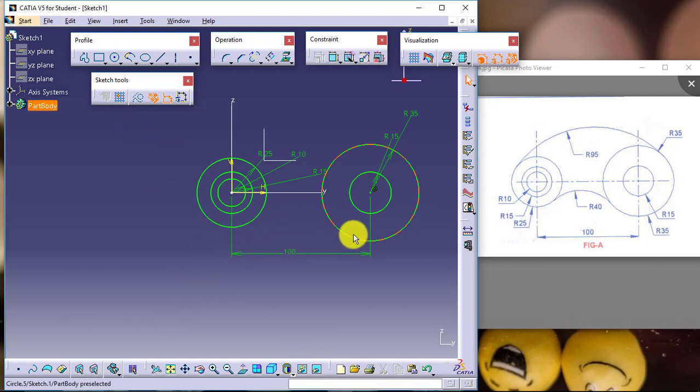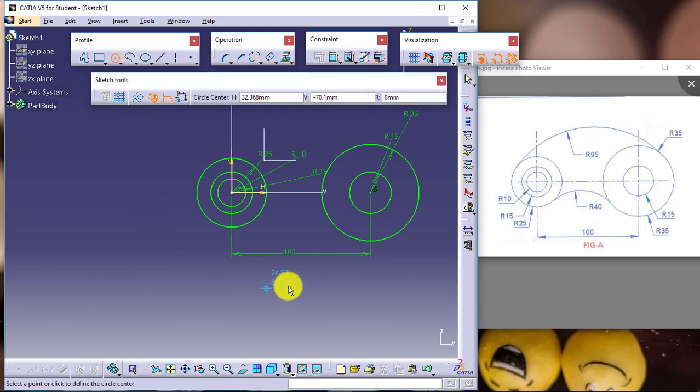Next we have to create 2 arcs. If you have to create the arcs, my recommendation is to create a circle and then trim it. It will be easier for you to work. Yes, if you can operate the arcs very easily, then there is no such issue, but circles will actually help you. So I'll show you how exactly we can do this.